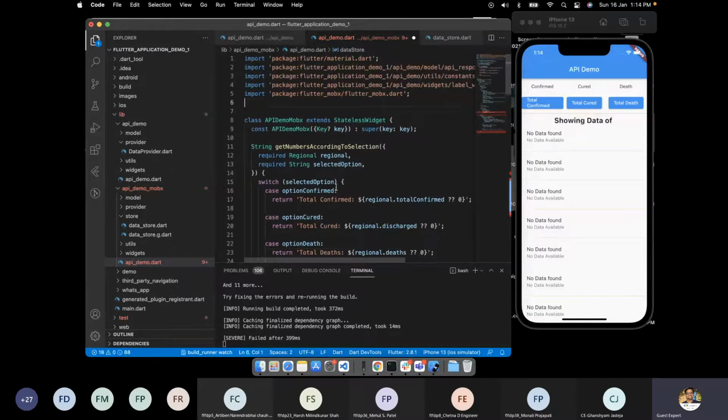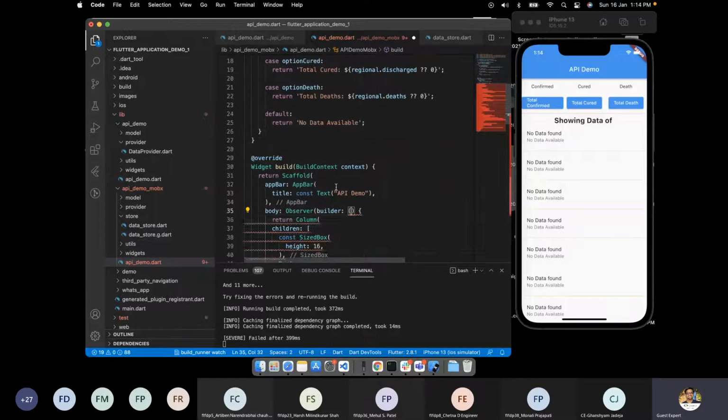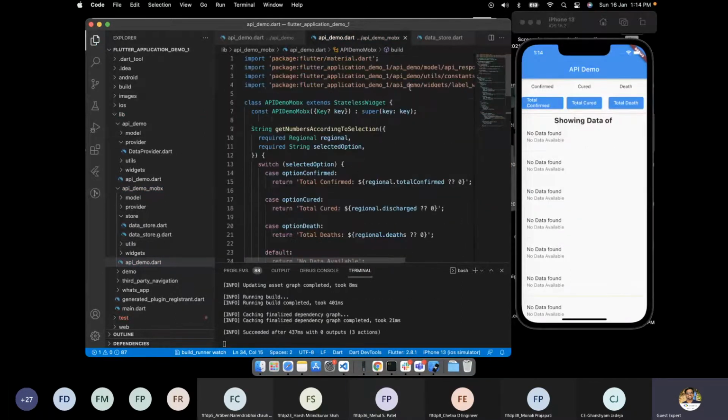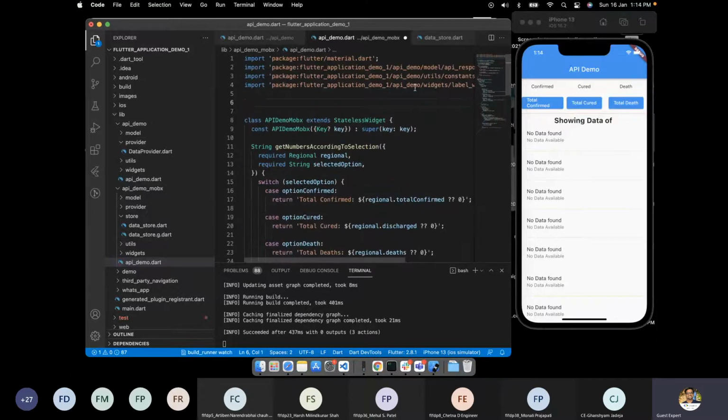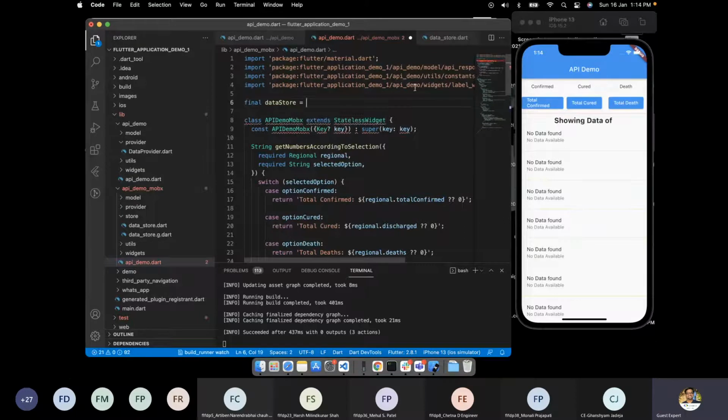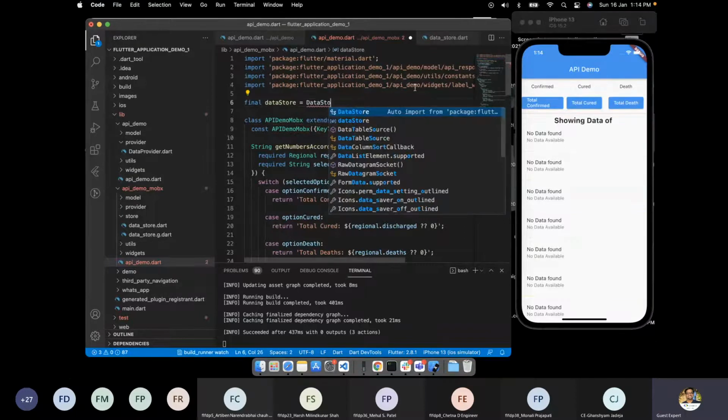Hold on, I guess I'm pressing some keys unnecessarily. Okay, there is no issue. First, let me just do this: final dataStore equal to DataStore.